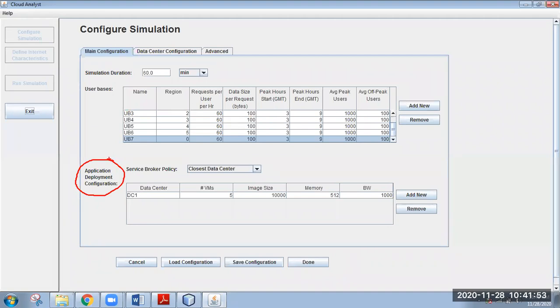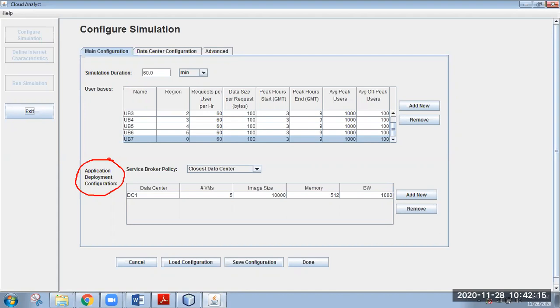I want to deploy a particular application. Where I will deploy? I will deploy in the data center. User bases need to be executed in the data center. A user needs to execute its application in the data center. That's why this section is explicitly given for application deployment configuration.